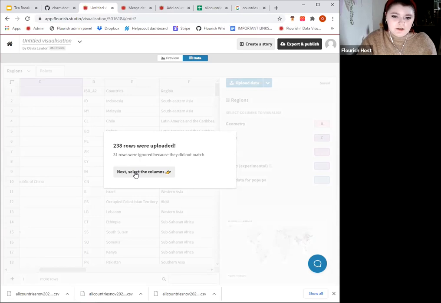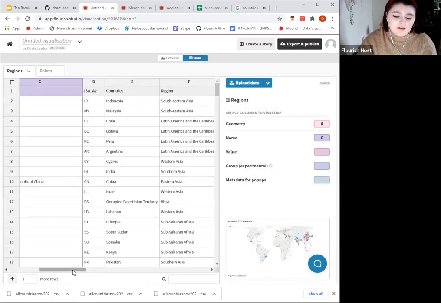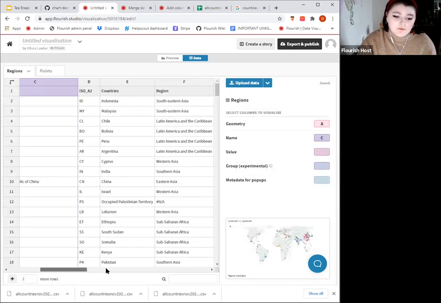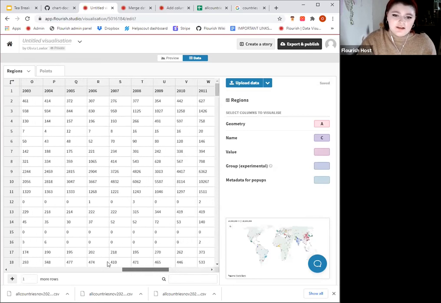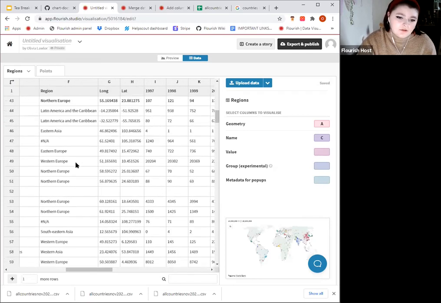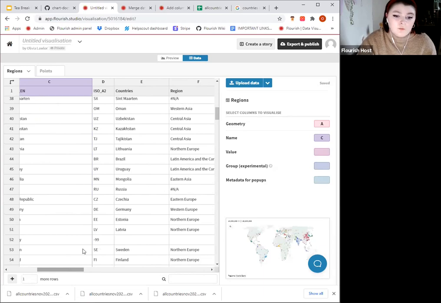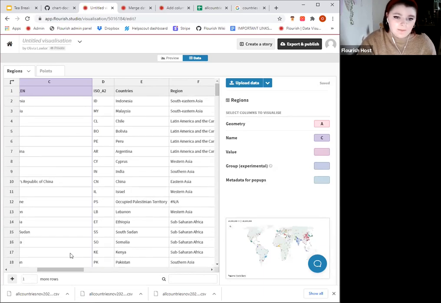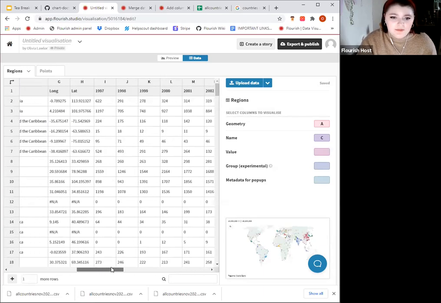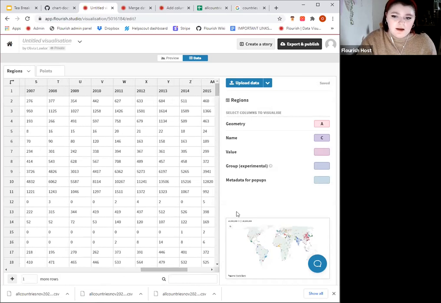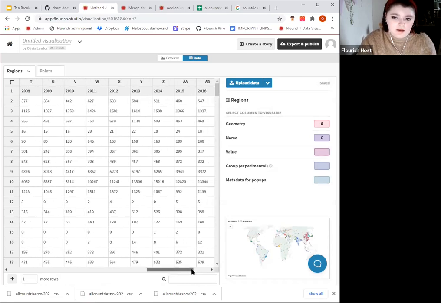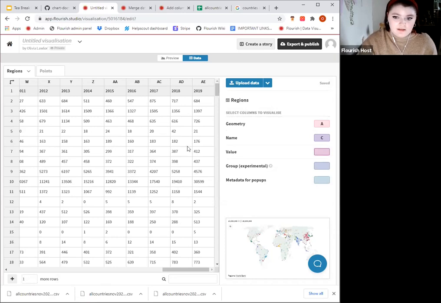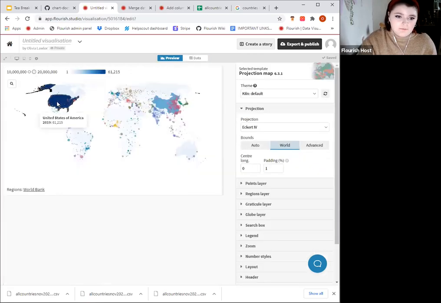There we go. So it's included the region of the country also, and it does tell you there 31 couldn't be found. So once again, you could look into that and scroll and try and find why or where it couldn't find that data and the reasons why. So that has imported now. And so we can add the value, if you want to just show 2019, you can type in IE, and then that will change on the projection map on the regions.